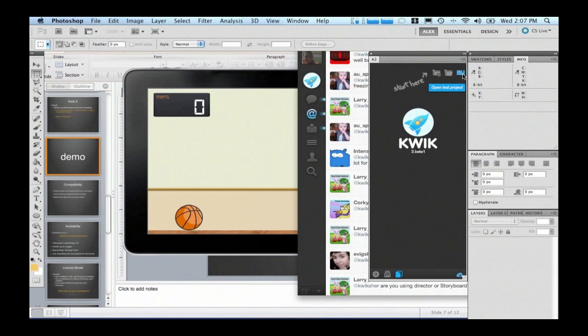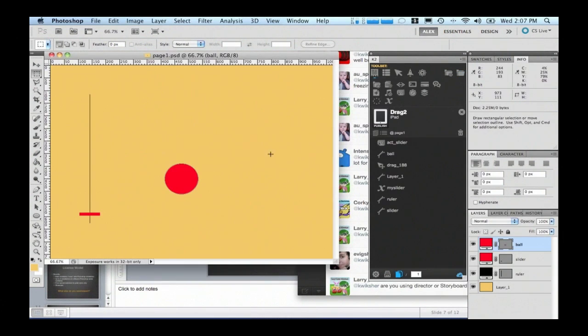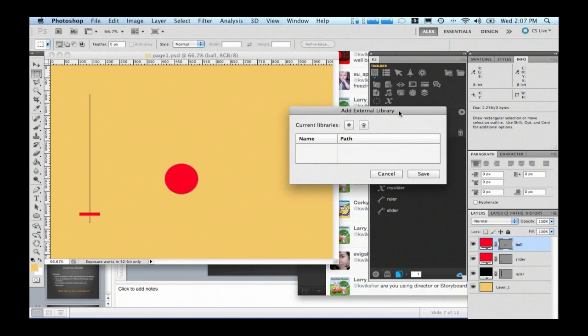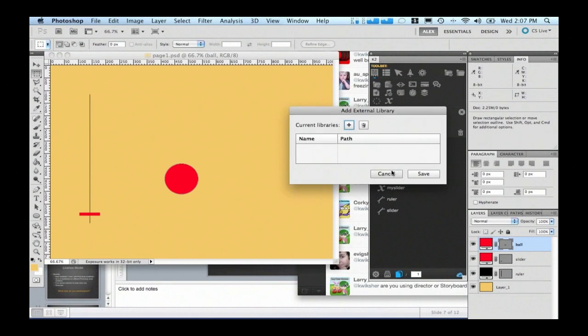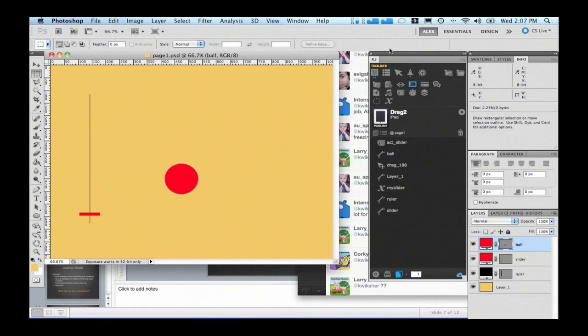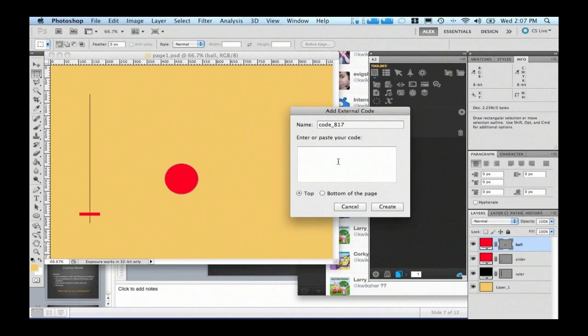And let me quickly show you an example of adding external code. As I mentioned, you can add external code. You can add an external library. For example, let's say you are using particle candy. You come here, just say, okay, I want to add particle candy, and you enter the information here, or sprite lock or whatever. It captures the information. But you are also able to create or add external code. And when you do that, you can do that in a button, in an action, or in the page. And you can say, okay, I want to add a code here. Let's say I want to print my name.